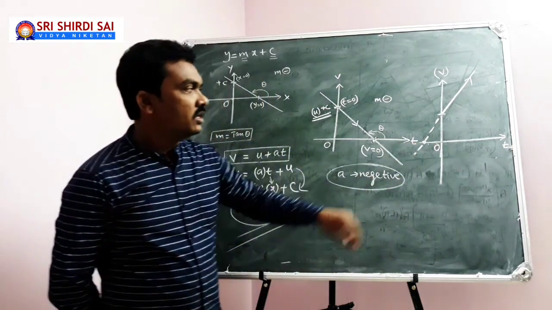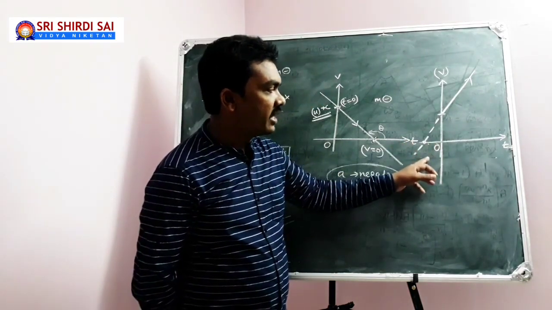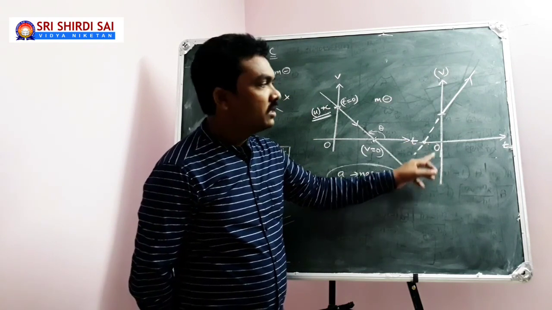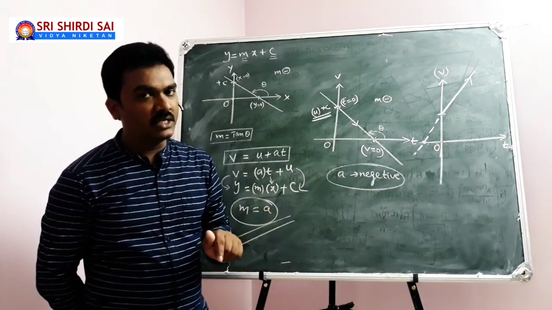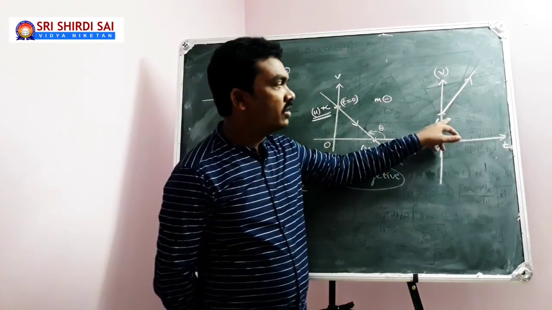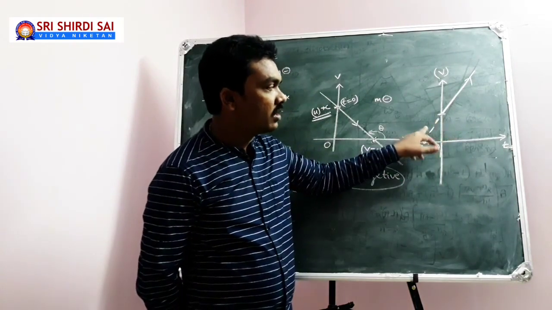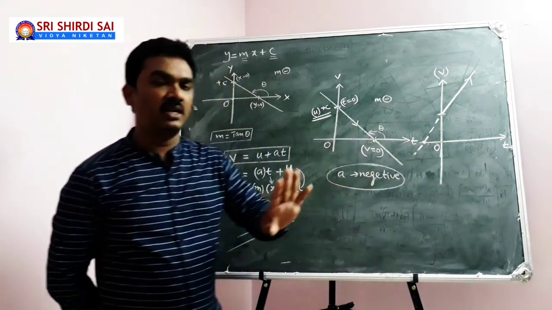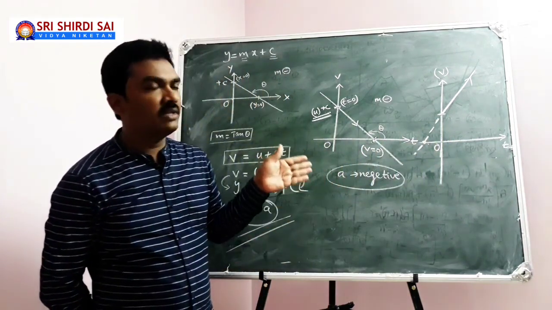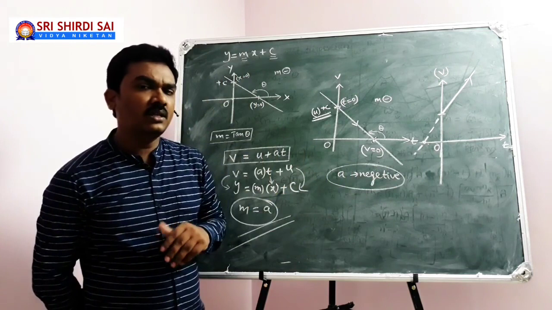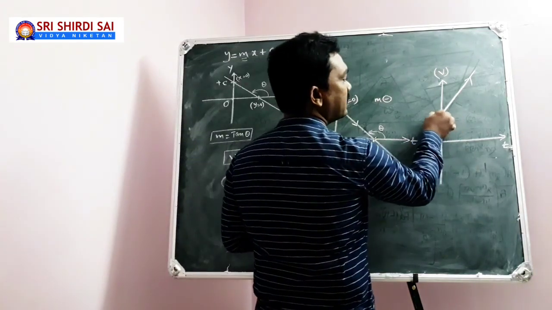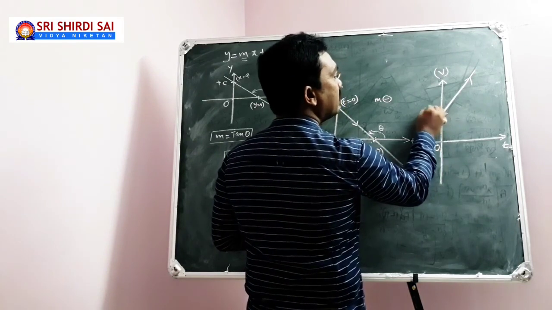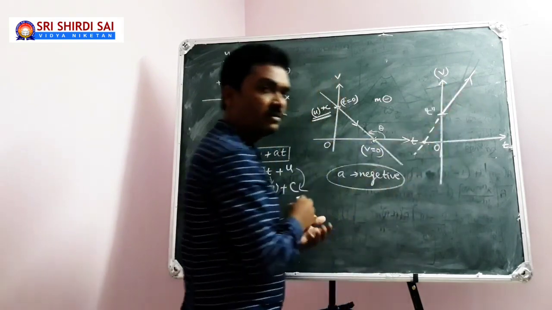Because I told you, in the second quadrant and third quadrant the x coordinate is negative. Here my x coordinate is time. Time can never be negative. That's why the graph does not exist in the second and third quadrants, and that's why I have given a dotted line. Sir, then from where does my graph start? Yes, from here your graph starts, which is the y-intercept, and goes like this.